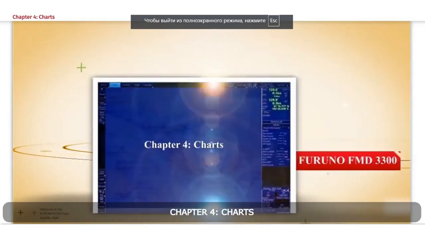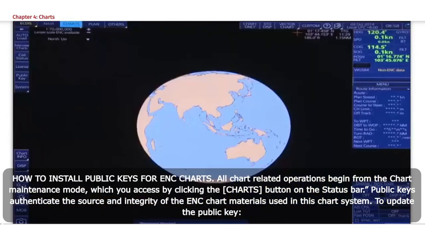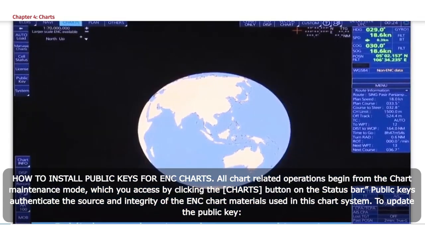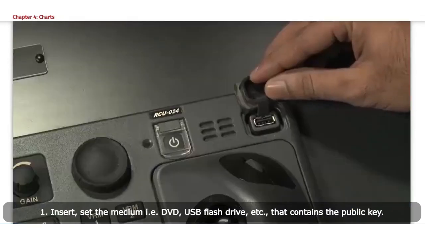Chapter 4 Charts. All chart-related operations begin from the chart maintenance mode, which you access by clicking the Charts button on the status bar. Public keys authenticate the source and integrity of the ENC chart materials used in this chart system. To update the public key: